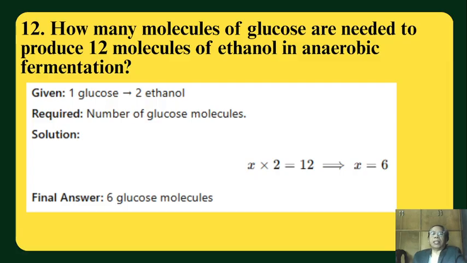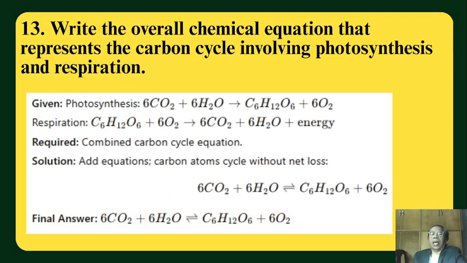So the final answer, for us to produce 12 molecules of ethanol, we need 6 molecules of glucose. That's the final answer. 6 glucose molecules. And then number 13, write the overall chemical equation that represents the carbon cycle involving photosynthesis and